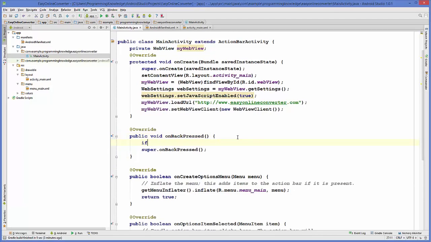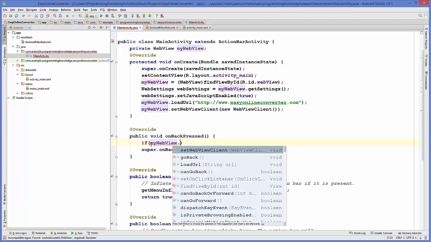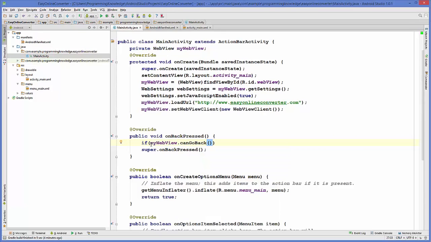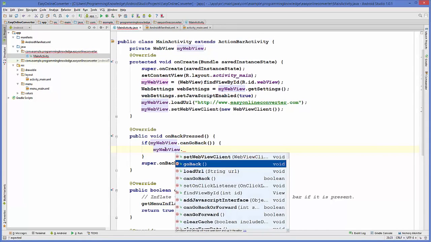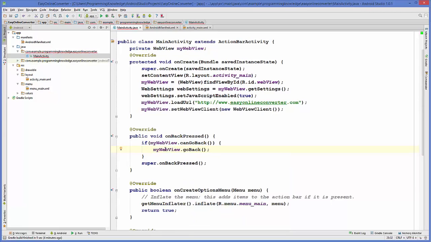So we will add a condition here, and this condition is just take your myWebView first of all, and then we will check if we can go back. So there is a method called canGoBack, and it returns a boolean value. So if in the app you can go back, then it's going to return true, and in this case what we will do, we will go back. So just take your myWebView object and then call a method called goBack. So if you can go back, you will go back,